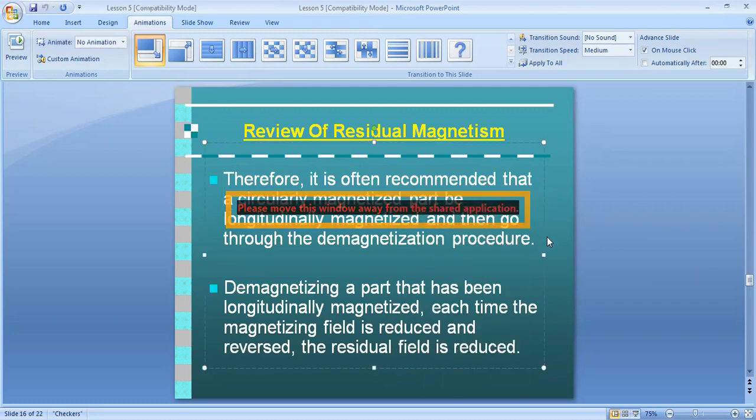Okay, then this demagnetization. Suppose if you want to do demagnetization, then what is the correct procedure? It is often recommended that a circularly magnetized part be longitudinally magnetized and then go through a demagnetization procedure. Means first you do circular magnetization, then you do longitudinal magnetization. So your circular field will shift to longitudinal, and after longitudinal magnetization, you pass this component through